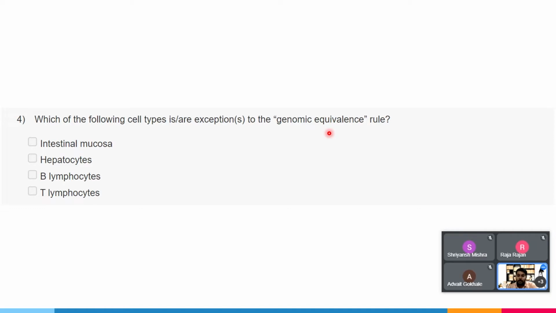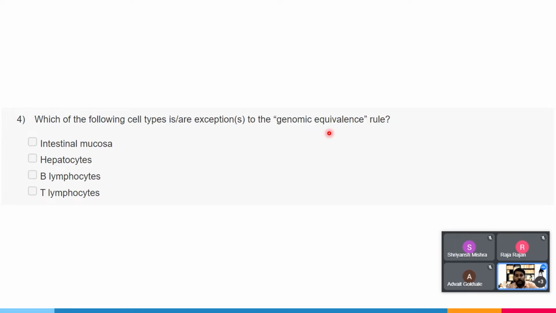Okay, so let me try and answer it. The genomic equivalence rule tells us about chromosome diminution, which occurs only in worms such as ascarids. In other organisms, diminution does not occur, and every one of our cells carries the entire information that is inherited by the germline. This is exactly what genomic equivalence is: the chromosomes will be replicated in their entirety, and